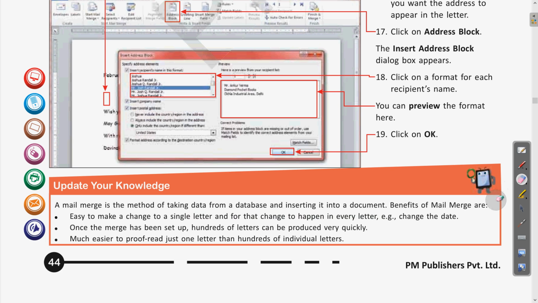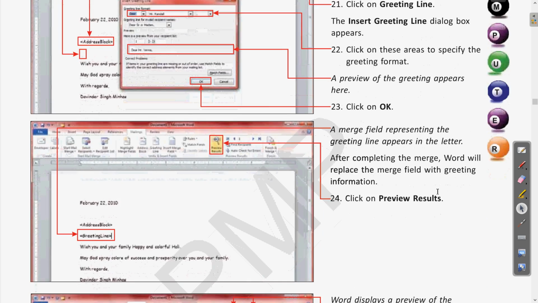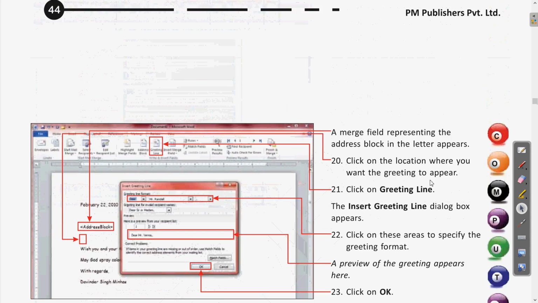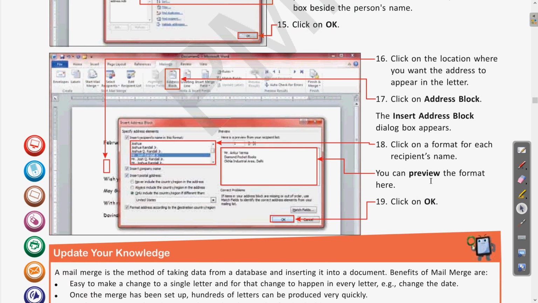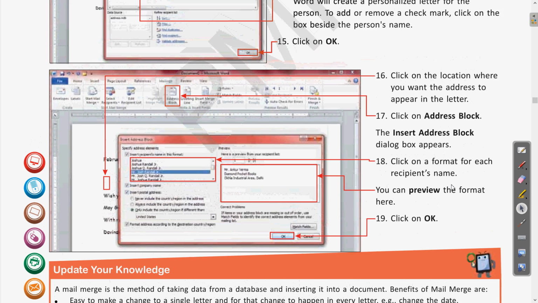Clear? So let us conclude till here, and in the coming class we will see the further remaining steps. Till then, whatever the steps we have seen, you can read and revise the things. So in the next class we will continue the further steps, and we will also revise these steps as well. So let us meet in the next class with the remaining steps and see how to use this mail merge feature. Okay, thank you everyone.